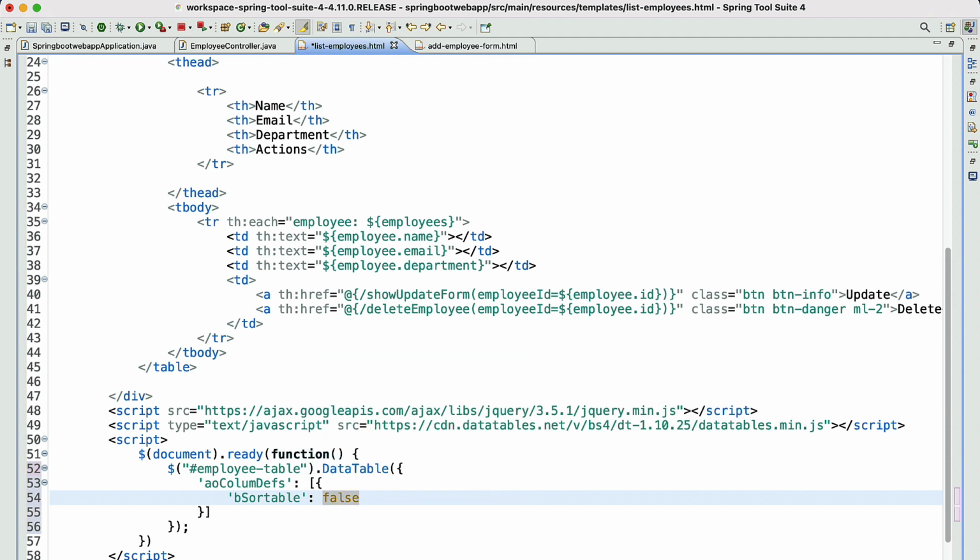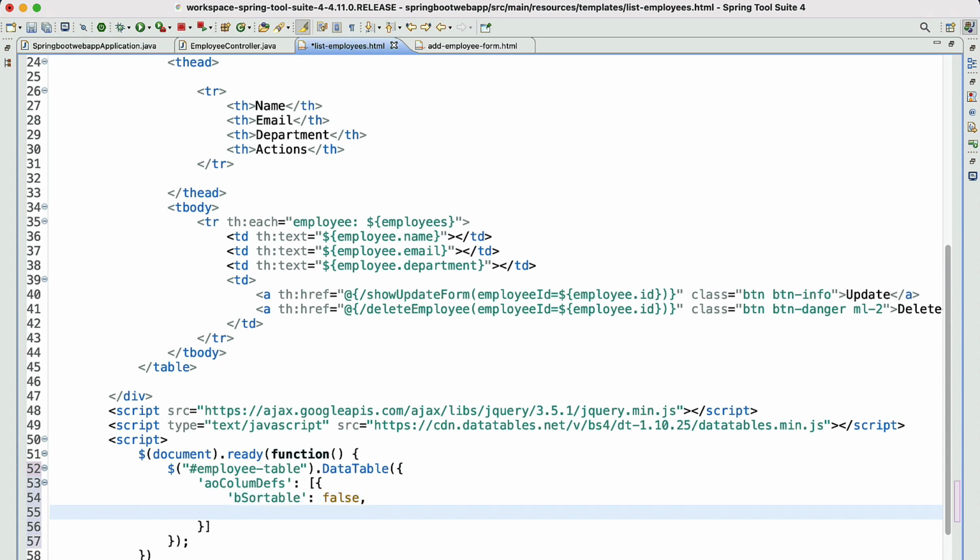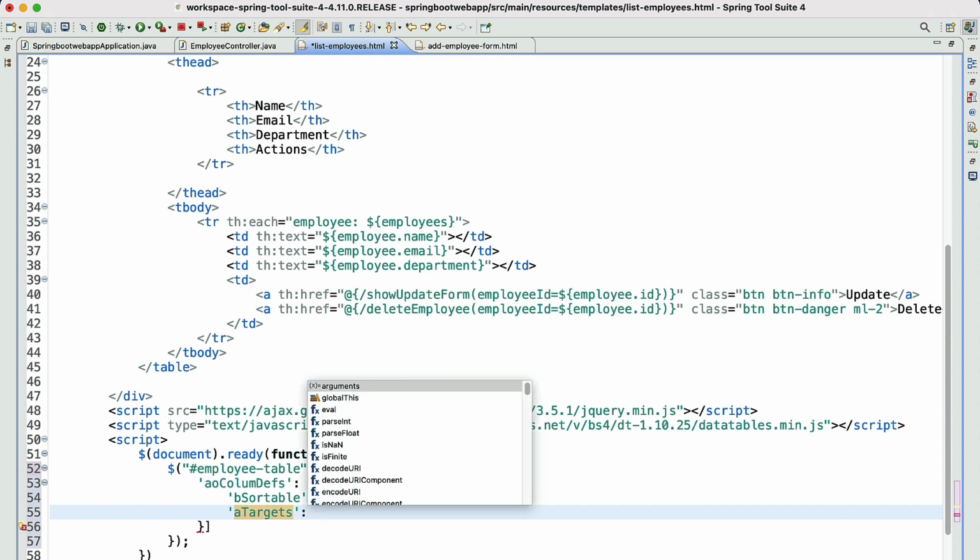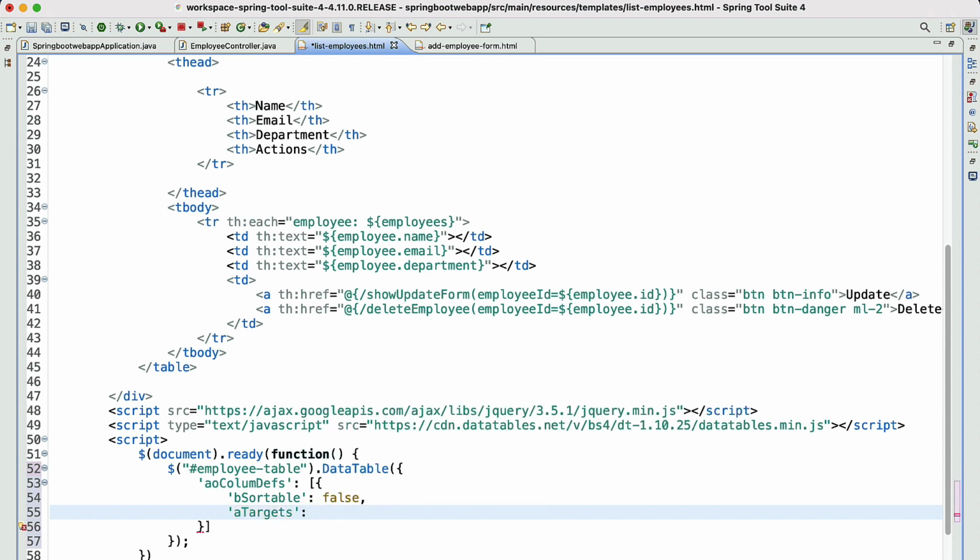We have to specify the column index as well using the aTargets property name, aTargets colon. Within the square brackets we're going to pass the index. The index starts from the right column to the left column.